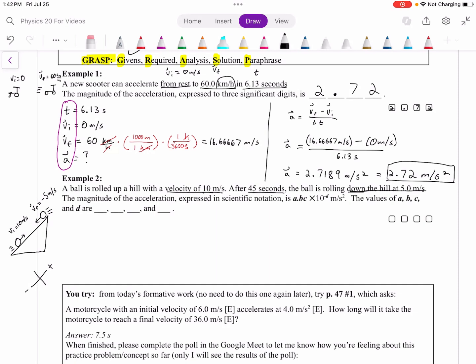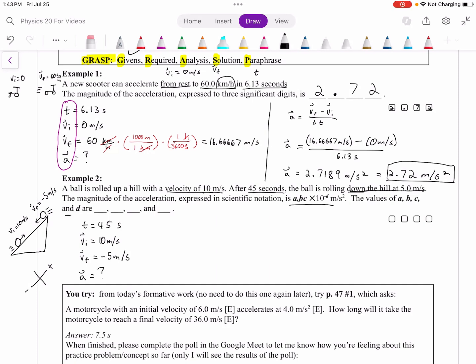So let's write out our givens. We're given that the time is 45 seconds. The initial velocity is 10 meters per second uphill, and the final velocity is 5 meters per second downhill, which I'm going to represent with a negative. The magnitude of the acceleration in scientific notation is A.BC times 10 to the negative D. Okay, so we'll talk about how to fill out our answer there, but we can see that we are looking